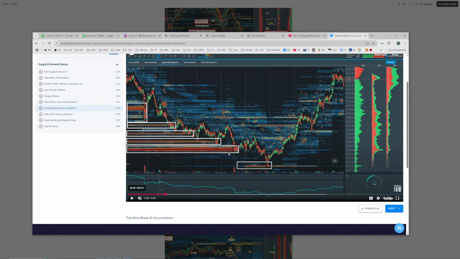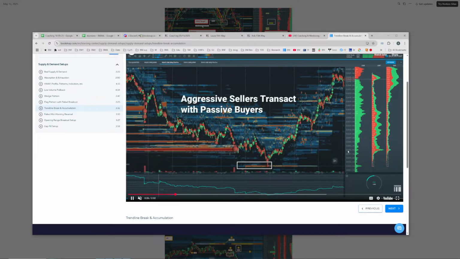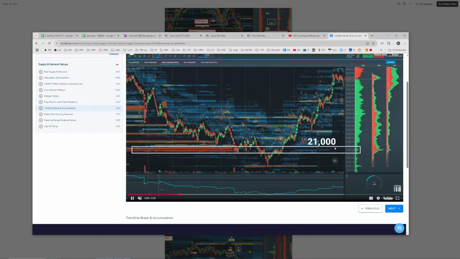So the passive buyers, they're filled. And we get one more push down to here, but it's likely also just a stop run, flush through, whatever, because it looks like this is the figure here. Yeah, that's the 2100 figure right there. So now we're looking for the aggressive buyers. Now we also have our diagonal trend line, and again, it's not so much the trend line, it is this transition from the passive buying to the aggressive buying, and it being potentially oversold.